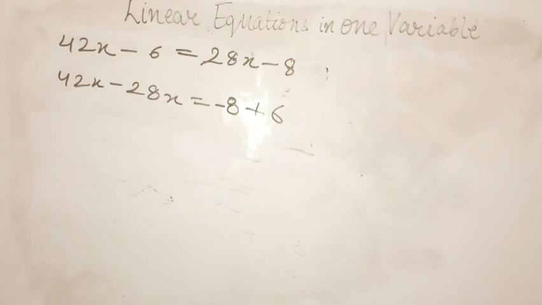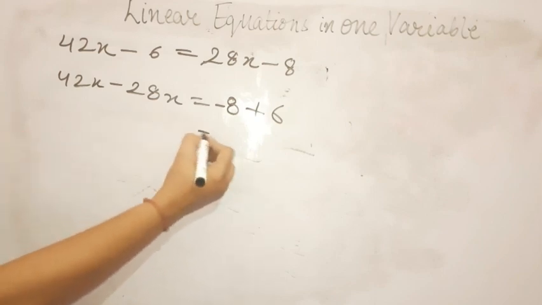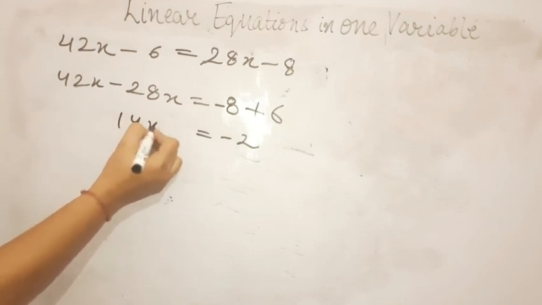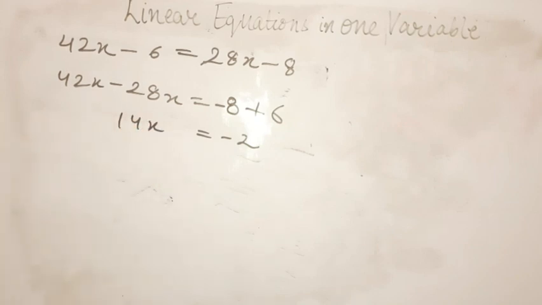Okay students, now it will be minus 2 and here it will be 42x minus 28x. What is 42x minus 28x? It will be 14x. And what is the value of x in this question? The value of x will be,